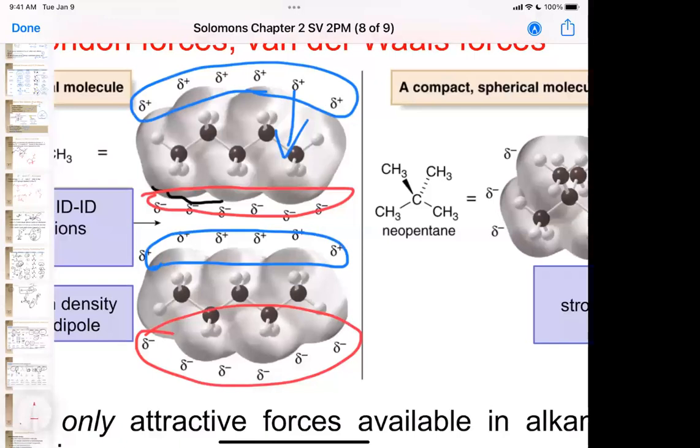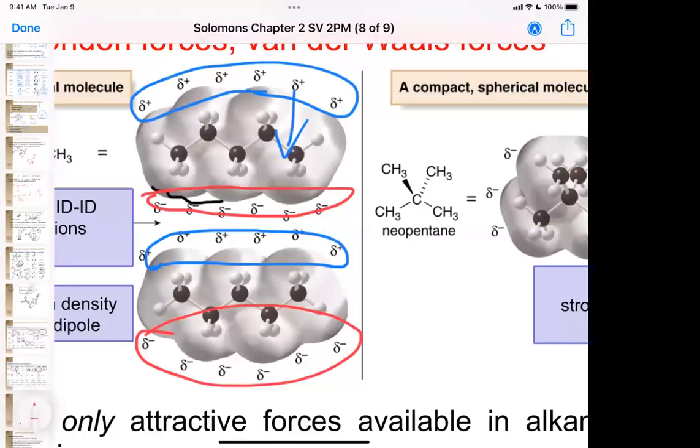They still had the same number of atoms. As they get closer together, only 2 or 3 of the hydrogens are close together. We can only afford 2 or 3 of those induced dipoles. Which one's going to have the lower melting point and boiling point? The one with the fewer interactions. So the fewer the interactions you have, the lower your melting point and boiling point are, because there's less things